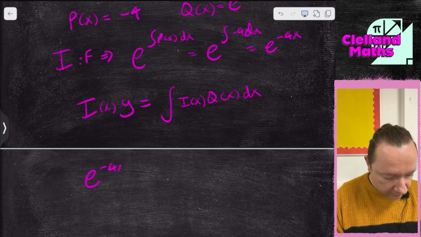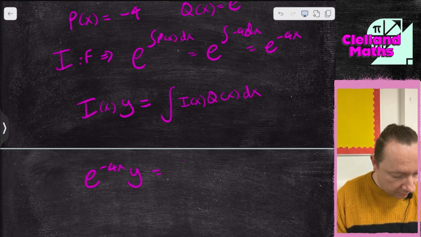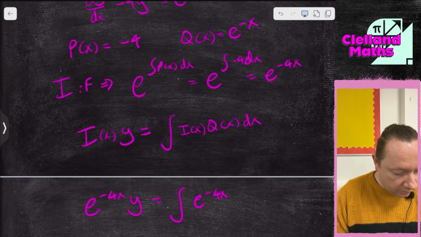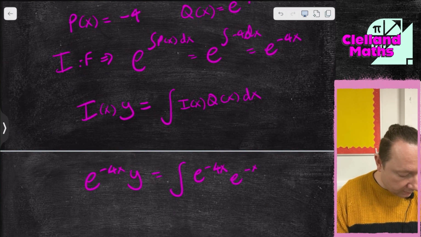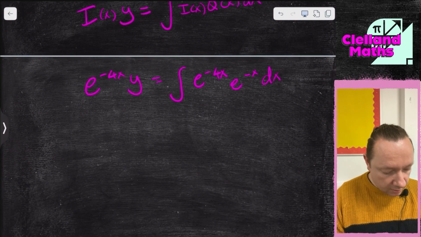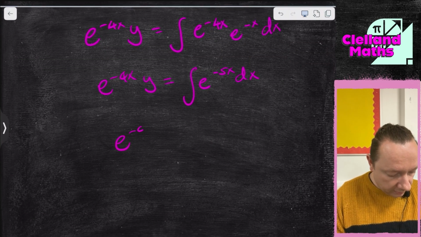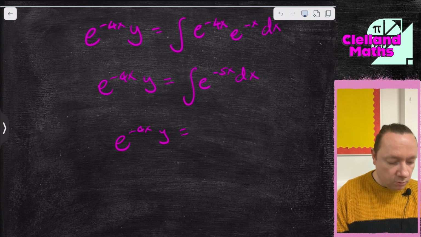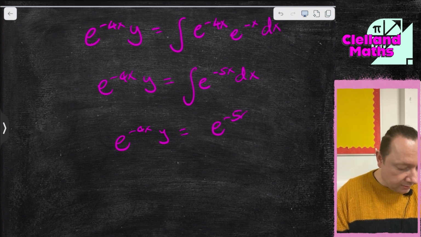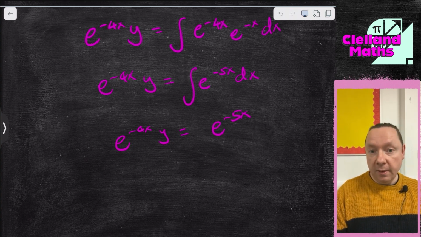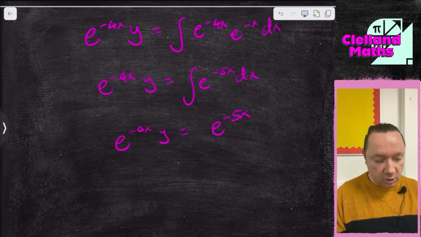So e to the minus 4x times y equals the integral of e to the minus 4x times q of x, which is e to the minus x, dx. So e to the minus 4x y equals the integral of e to the minus 5x dx. So e to the minus 4x y equals e to the minus 5x, and then divide by the derivative of minus 5x, which is minus a fifth,